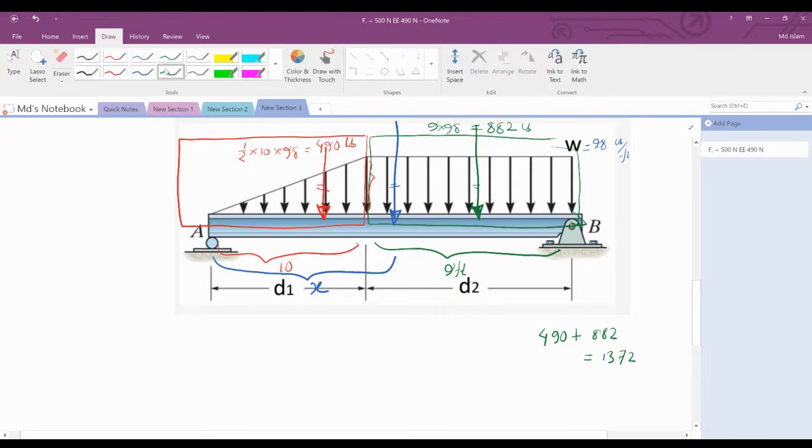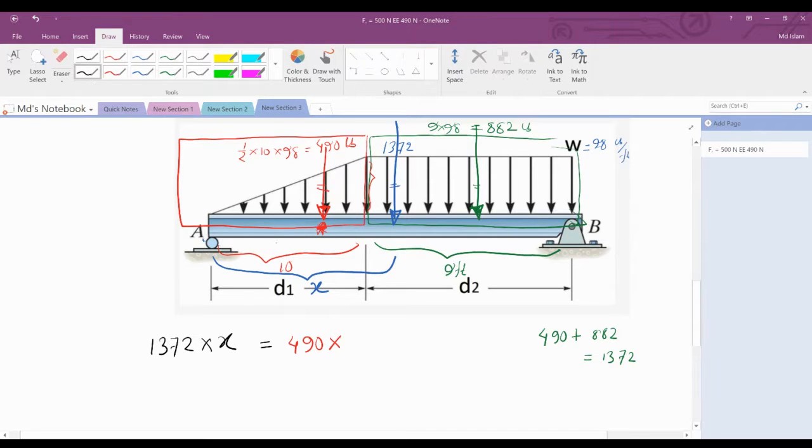So if we write one moment equation for the 1372 pound load at a distance x from the left support, that should be equal to the summation of 490 times this distance, which should be 1/3 from